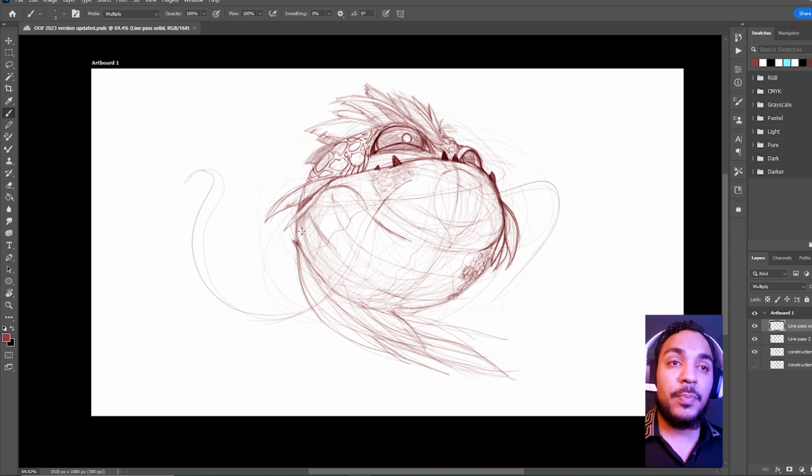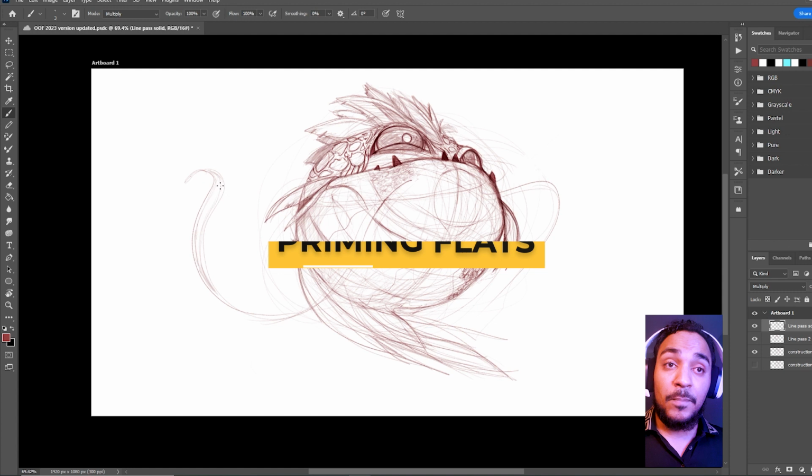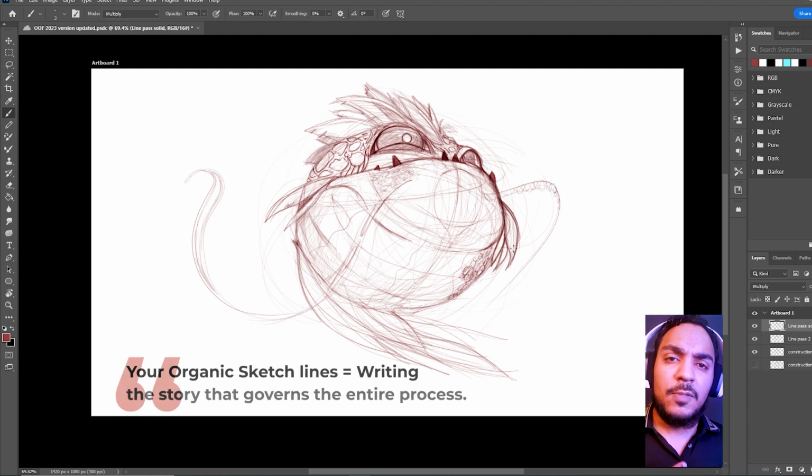So as we prepare this first part of the process, and we prepare it for priming, where we get it ready to do the initial coloring stage, I just want you to know that when you are spending time sketching, it is really and truly where the majority of your time should be spent. The coloring is nice, but like any story, you need to have a written story before you can put on a performance. You need to have a written story before you can produce a movie. And I like to think of the lines, your sketch lines, as the writing aspect to this entire process. So it is better to spend your time